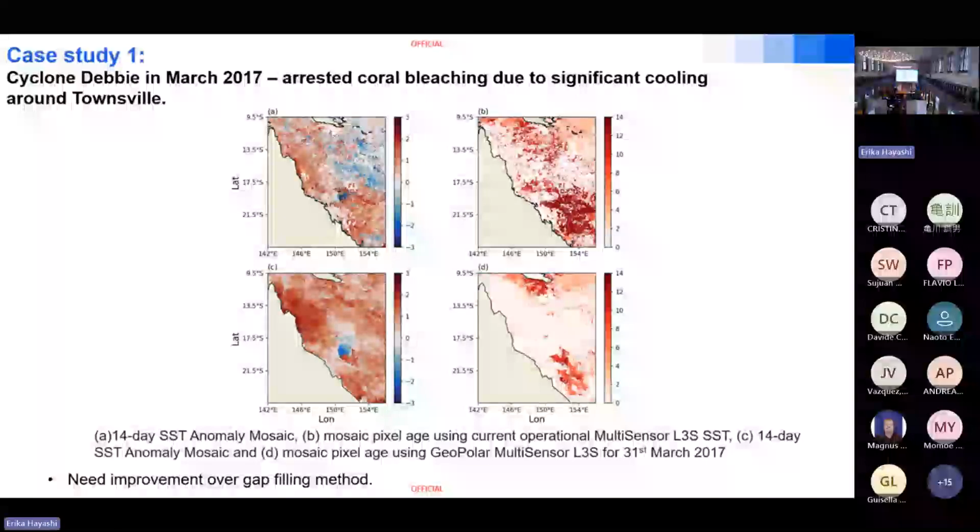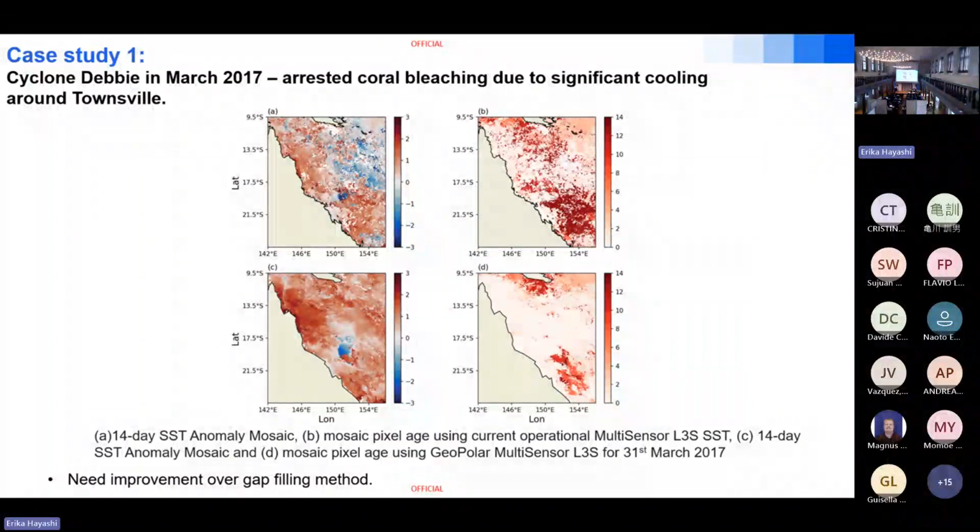As we see there, the old system needed data even after 14 days, there were some gaps in the data. We needed that historical data significantly,